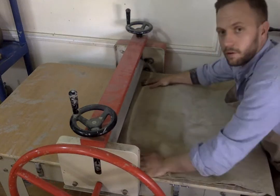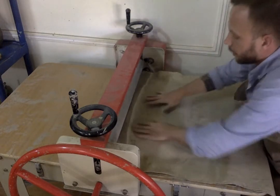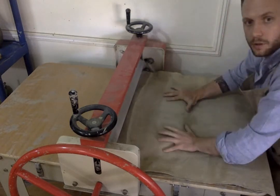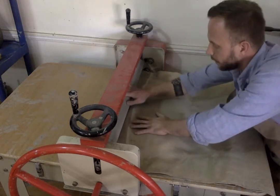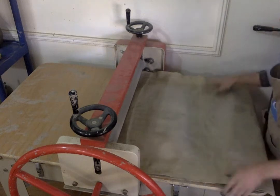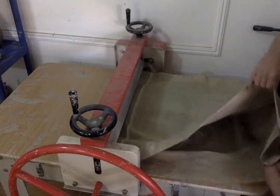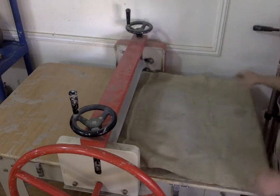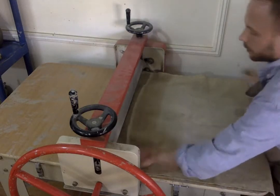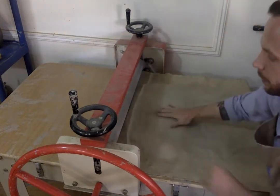So, after I have it all lined up, I'm double checking, making sure everything's good. Now, I've pushed it right up until it reaches these rolling pins. If you don't push it, it's not going to be wide enough to grab onto anything. Also, I want to make sure that I don't have any wrinkles. Wrinkles do happen, and it might have a wrinkle or two, but you want to try to prevent as many